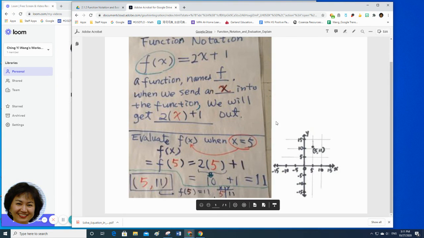In other words, y is our output, and the y value is indeed the result of f of x. So some people just say y equals f of x. That completes our lesson about function notation and how to evaluate a function for a given x value. We will do more examples to understand this more.